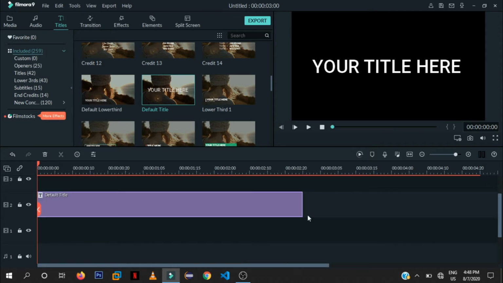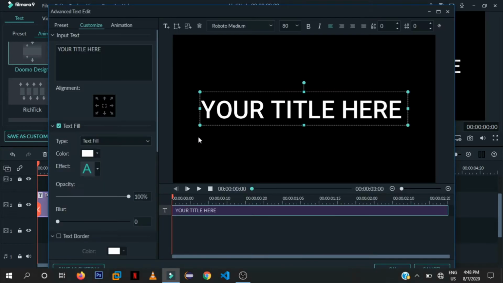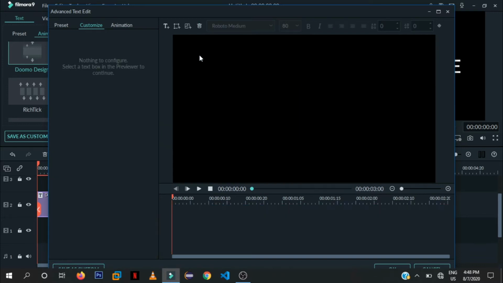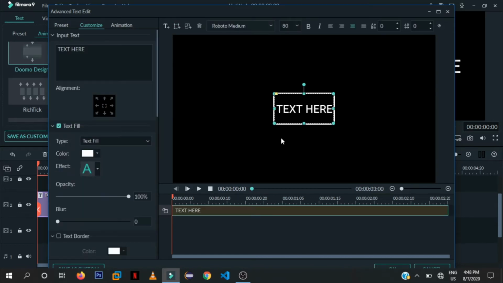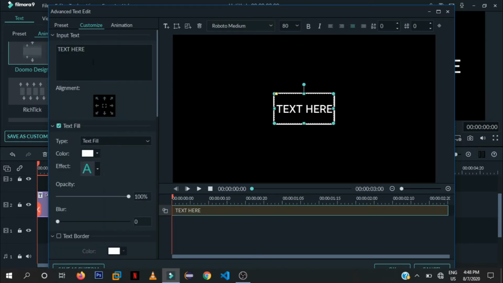There. Then I'm going to double click on this title and they'll display such a window to me. Then click on advanced. When you reach advanced, delete this default title, then add a shape. Where you're seeing this cursor or the arrow pointing, we are going to draw this shape here, and we are going to first take out the text. Just take out the text here,